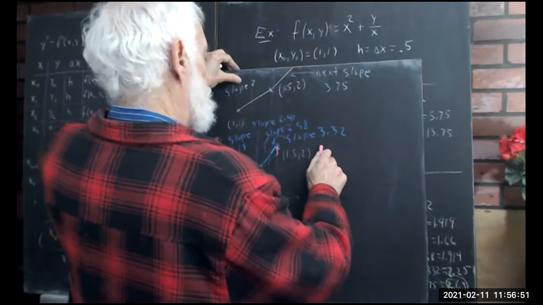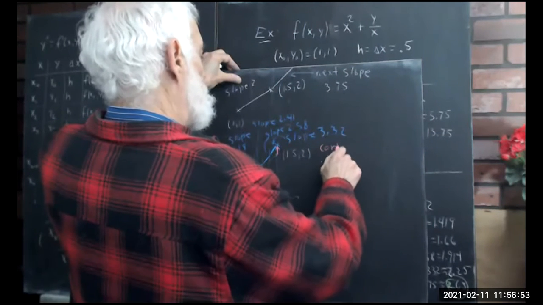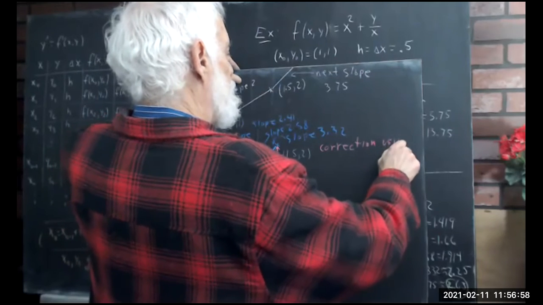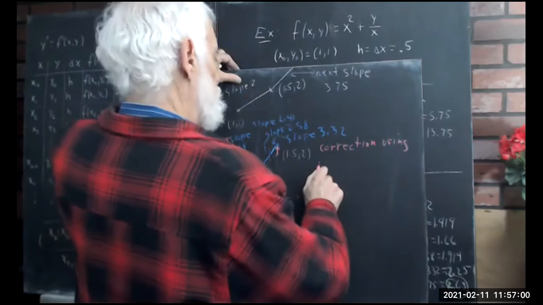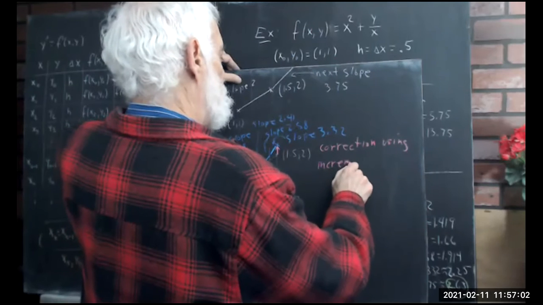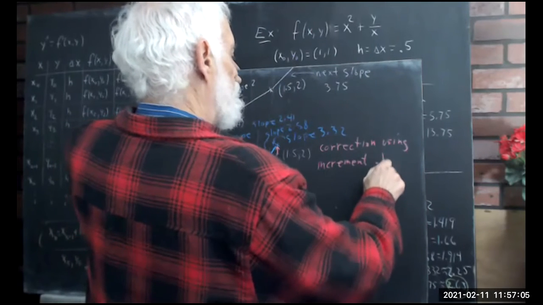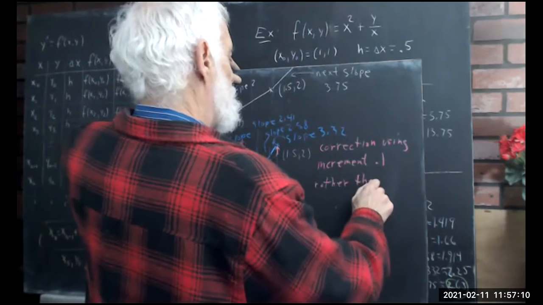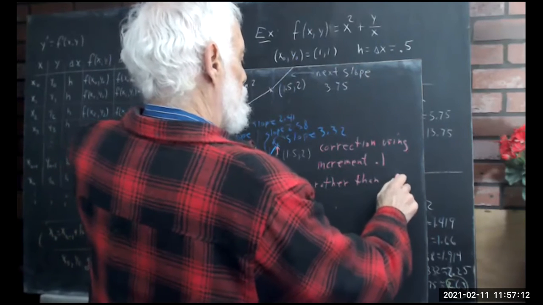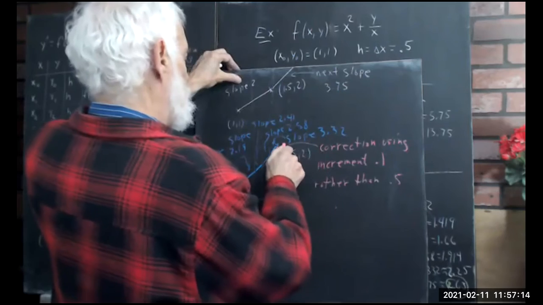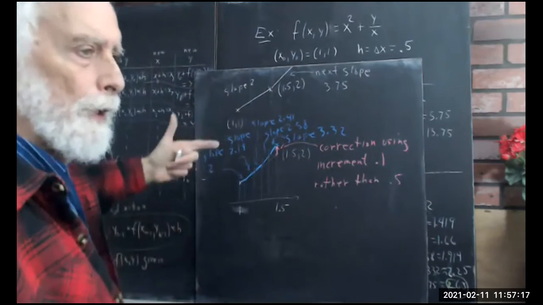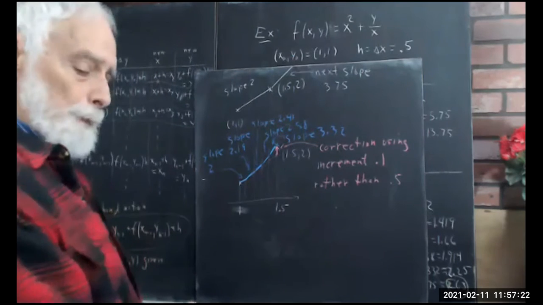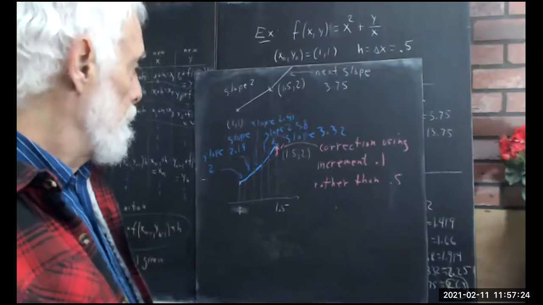And this arrow represents a correction using increment 0.1 rather than 0.5. That accommodates the actual changes in the slope. Okay. Another important point is that